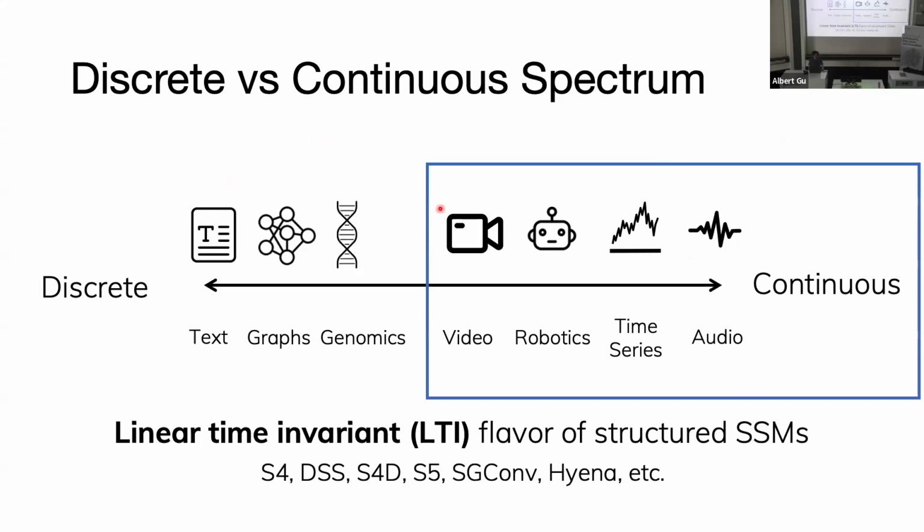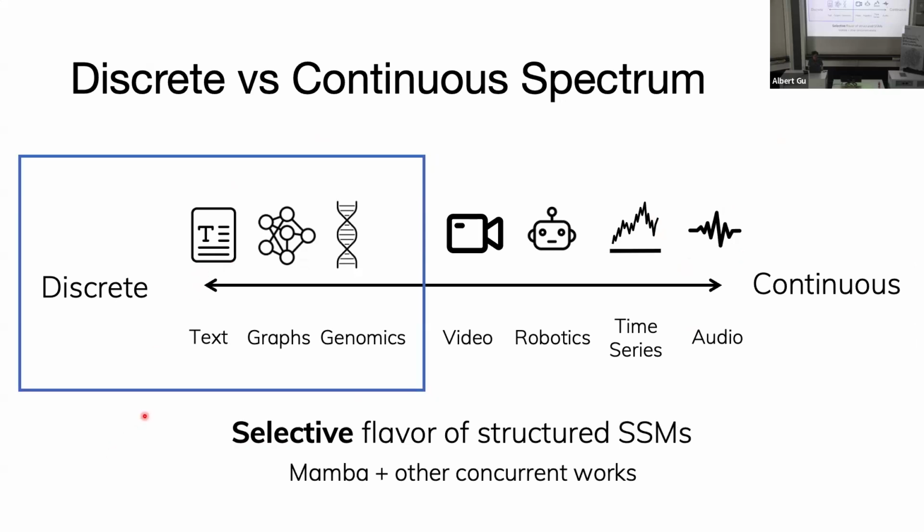So for this type of continuous data, the original structured state space models, such as S4 and many variants of it from the previous part of the talk, are all good at modeling things like video and audio, but they're not so good at modeling things like text. Conversely, the Mamba variant of SSMs, as well as many other related recurrent models that have been coming out, such as xLSTM, DeltaNet, RetNet, and so on,